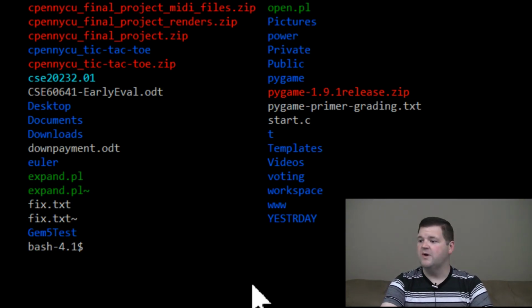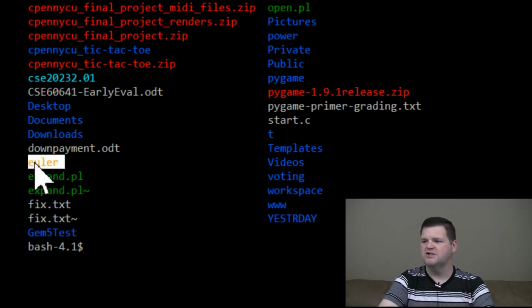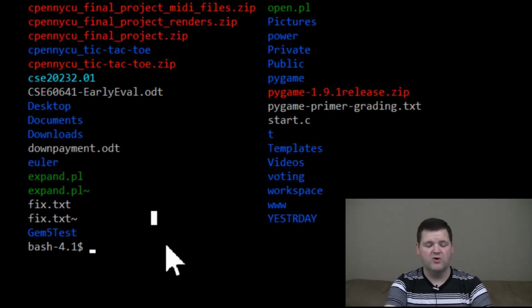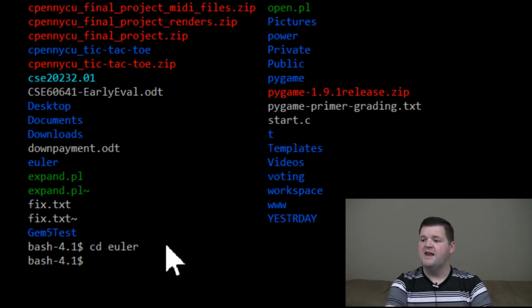I can actually go into one of these directories. For example, let's look at the Euler, E-U-L-E-R, which is just a small directory where I've been working on projects, programming challenges. And I can do that by typing cd. And if I go into Euler, E-U-L-E-R, in this case on my directory there, and now type in pwd, you